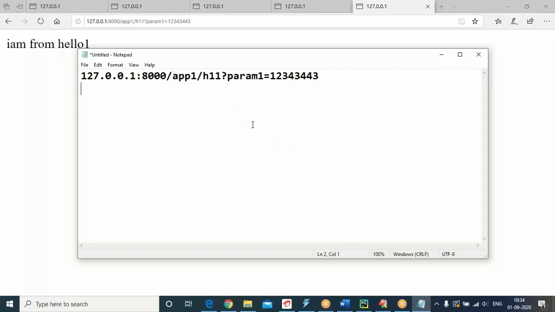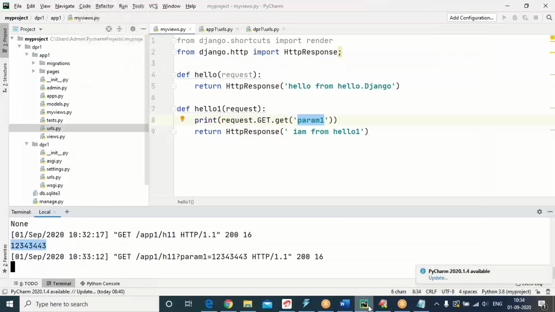Through a query string, HTTP will be sending a request through GET. Query string means only HTTP GET. Inside that HTTP GET, we are trying to read param1 with the function get that we are printing.